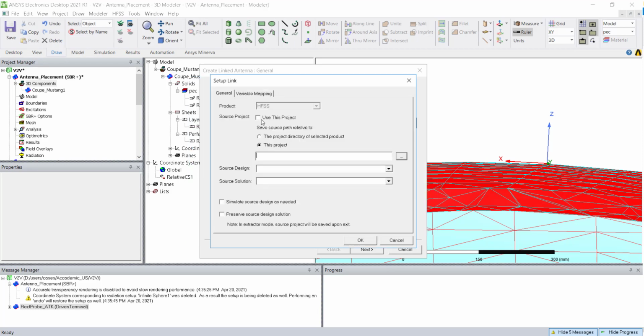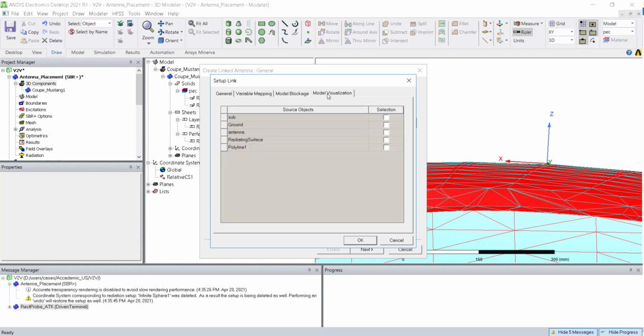Since it is in the same project, I can select use this one, and this is in the rectangular probe. You can choose either last adaptive or S parameter sweep. If you are using S parameter sweep, it should be either discrete or interpolating with far field enabled. Since I'm going to look at only a single frequency of 5.9, I can choose last adaptive.